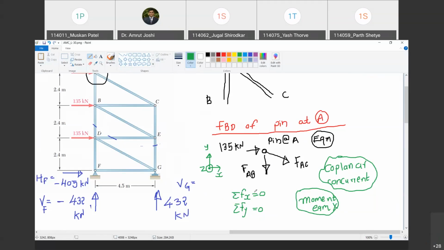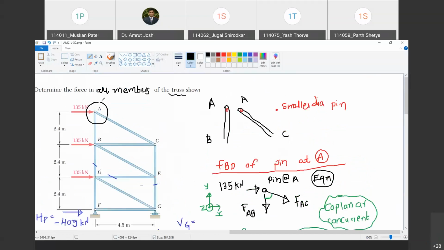So when we are drawing the free body diagram of a part, distances do matter. But when we draw the free body diagram of a pin, angle will also matter. Do you agree with me? Yes, sir. So do we have to calculate this angle or not? Yes. And how much is that angle? So have a look at this angle here. Let me call this angle as phi. Is it a right angle triangle ABC? Yes.